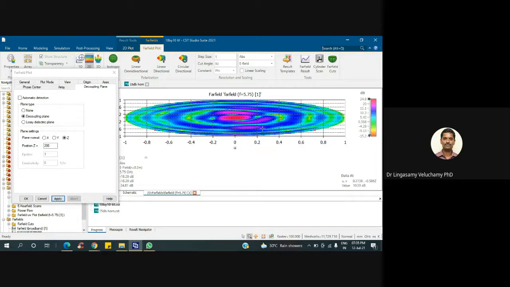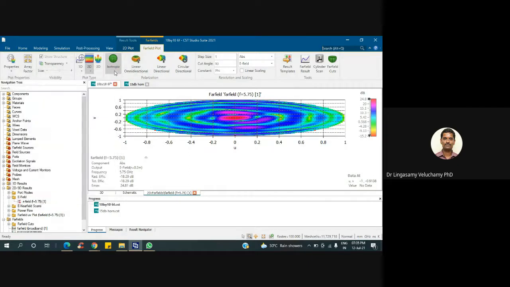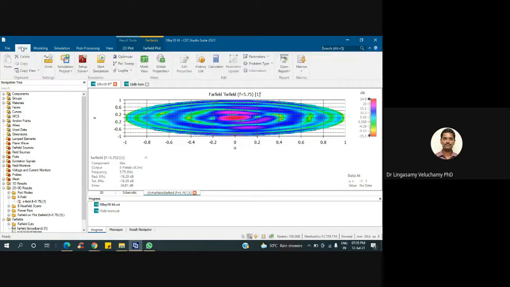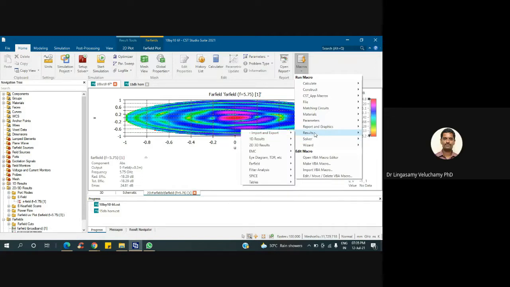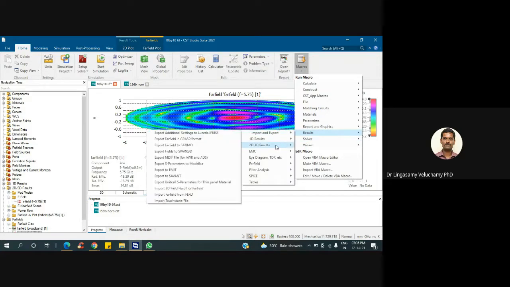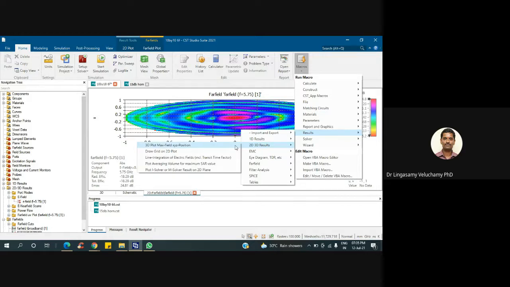Okay, so one thing we can try. Can you close this? Can you go to home, macros? Yes, sir. Far field results, 2D, 3D results. Draw a grid on 2D plot, and plot max fields.